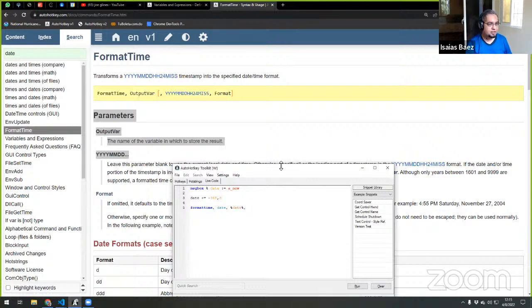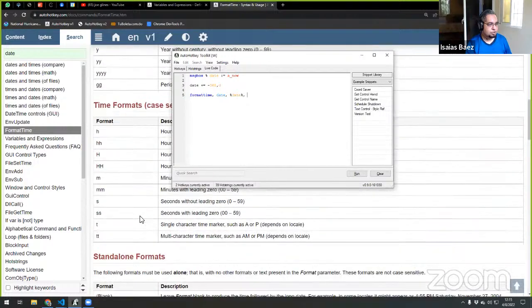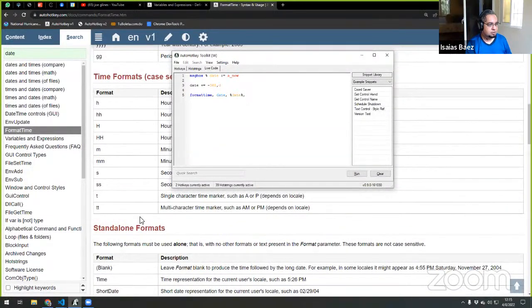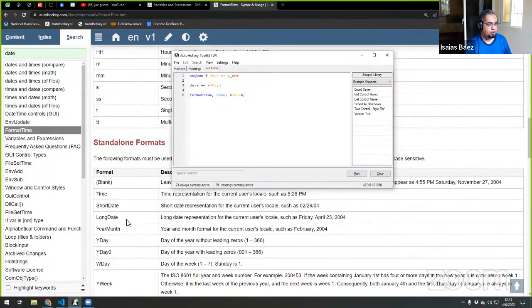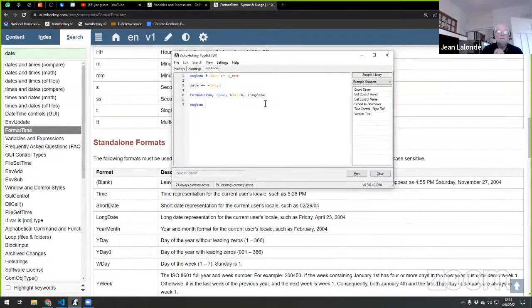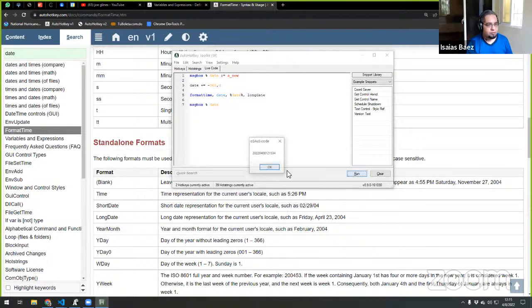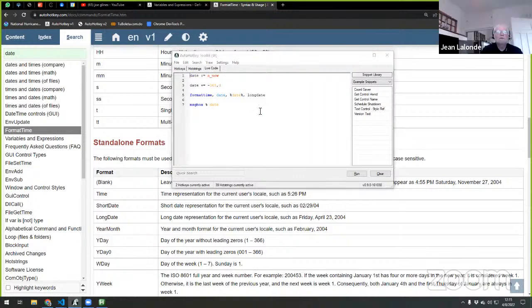And for the format I could probably use long date. So this allows me to convert a string into a readable date. Yeah, and you're using the Windows knowledge of how to format dates in your language.